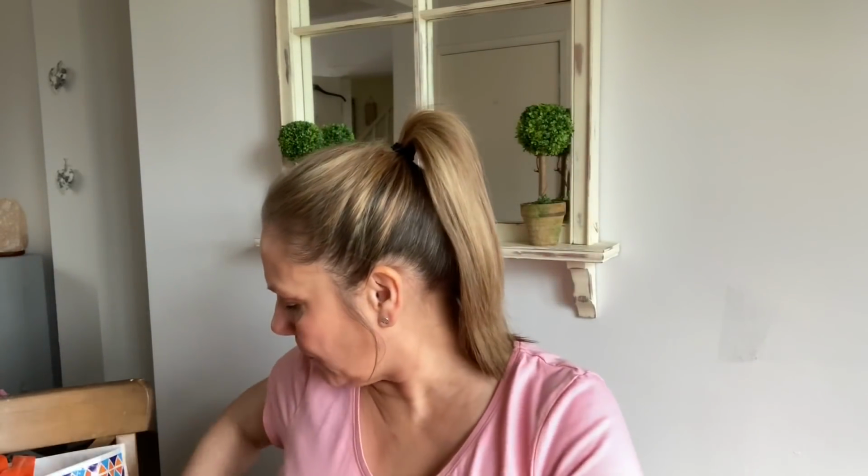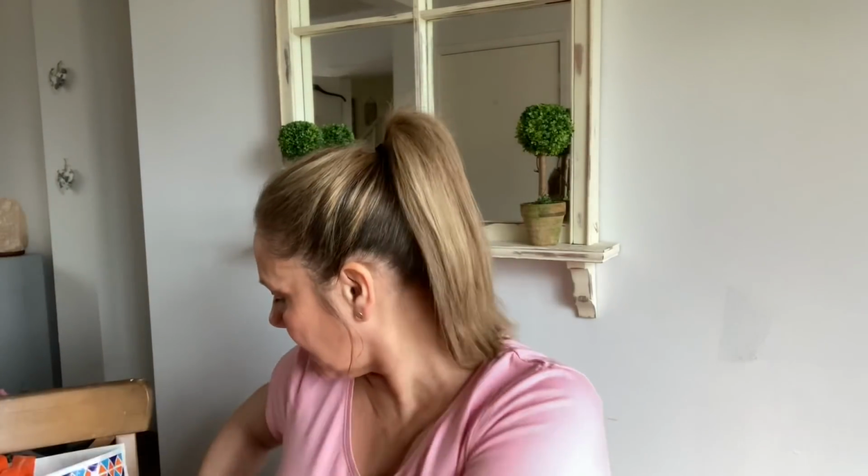There's that other skinny whip, and I got these. Now I need to look at the back of these guys. I got these orange fingers for myself. Oh yeah, 4